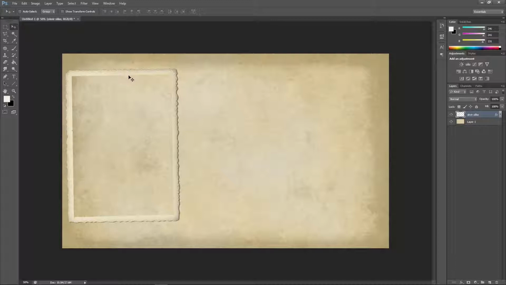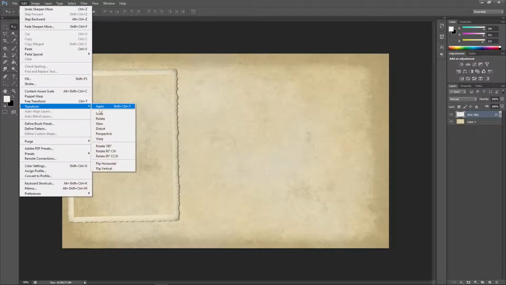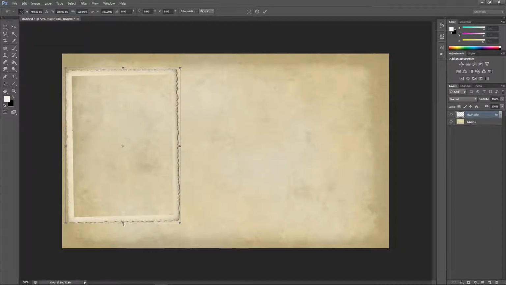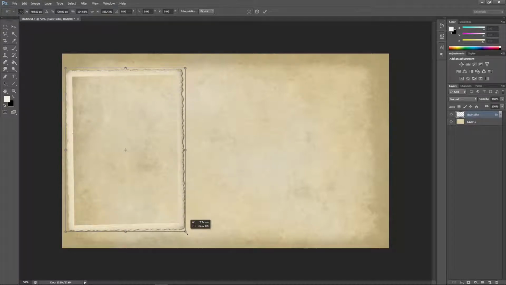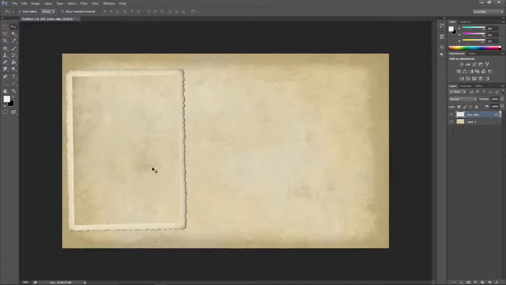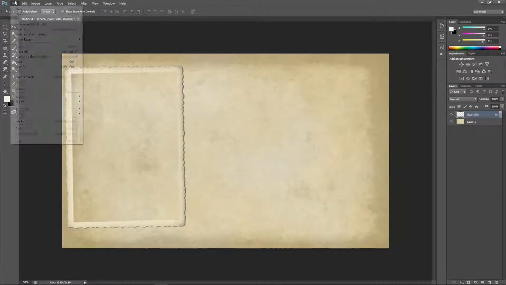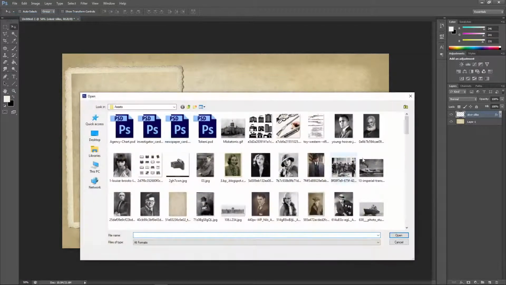I mean, this can be printed, it's still gonna look good. And that's our frame for that photo,